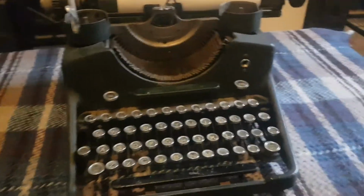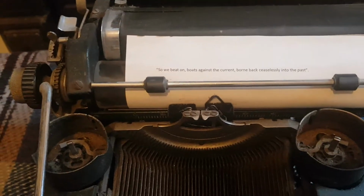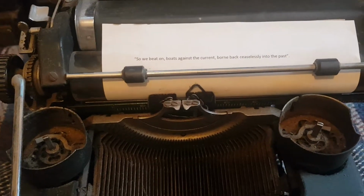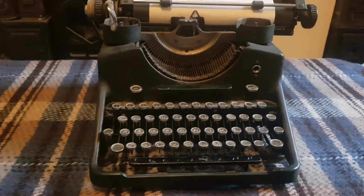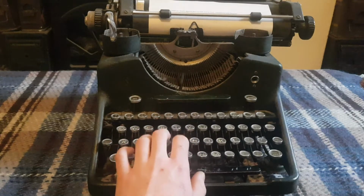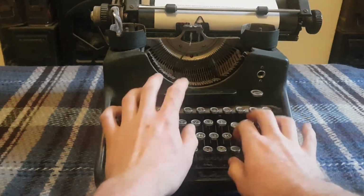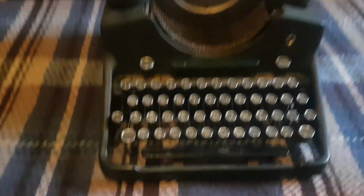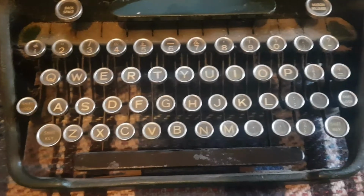Also I like to sometimes put a quote in the top. We've got a line from The Great Gatsby in there at the minute. But yeah, I really like the look of it. It's one of those things you just want to touch, play with. Keys are really nice on it as well. Does need a bit of a clean. Well, I don't really dust much